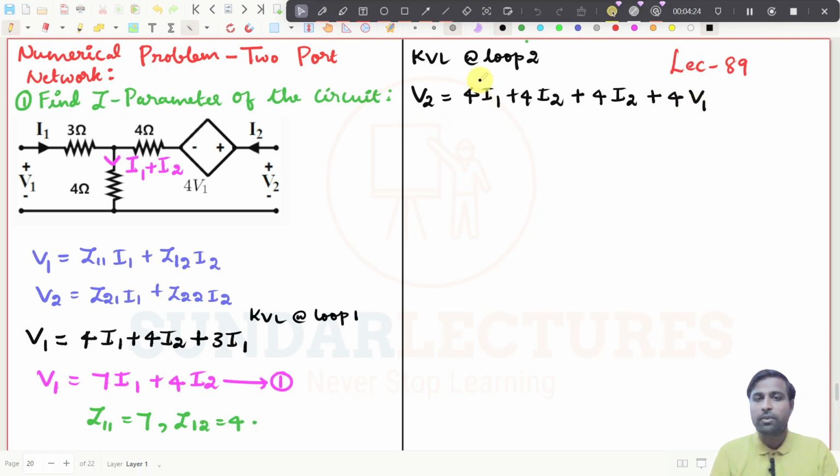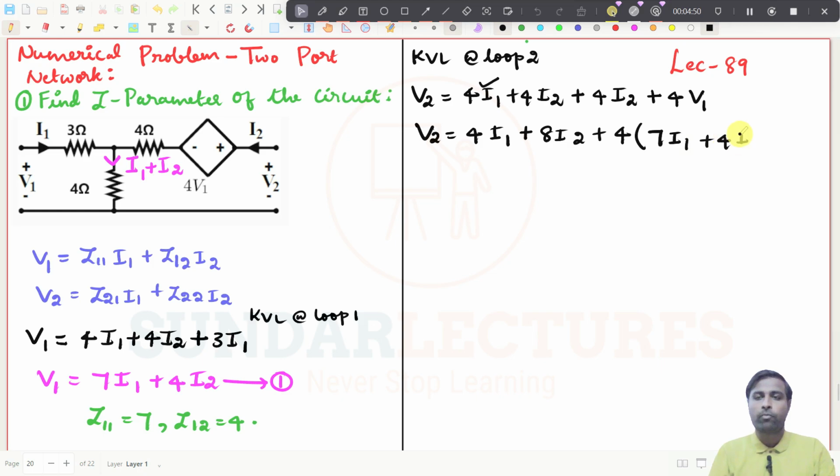So now if you simplify this, there is 1I1 and maybe V2, which is equal to 4I1 plus, see this one will be 8I2 plus 4 into, what is V1? This is V1, right? Because we don't need V1 here. We need only I1 and I2. So replace this V1 and V2. So this is 7I1